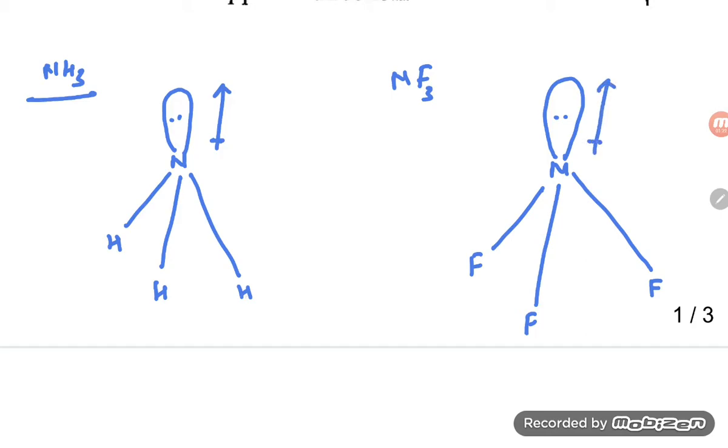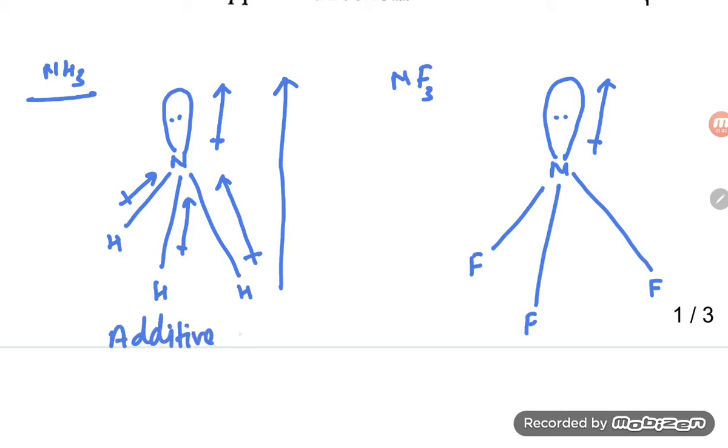And another is hydrogen and nitrogen. If you are comparing, students, nitrogen is more electronegative, so the vector of the dipole moment goes in that direction. Here is also that direction, and this is also that direction. So what you will find is that the resultant is in the same direction. So it is an additive dipole moment, students, additive dipole moment.